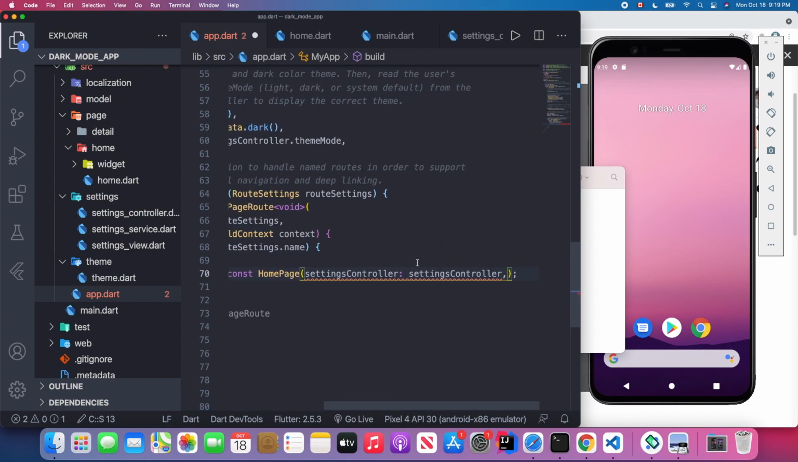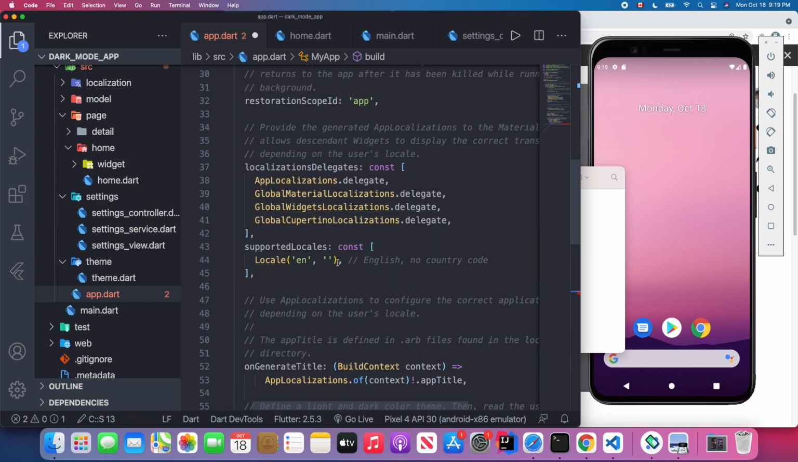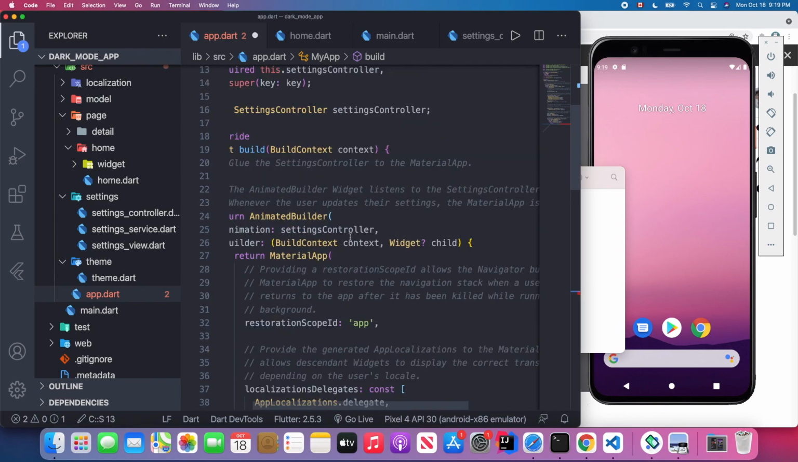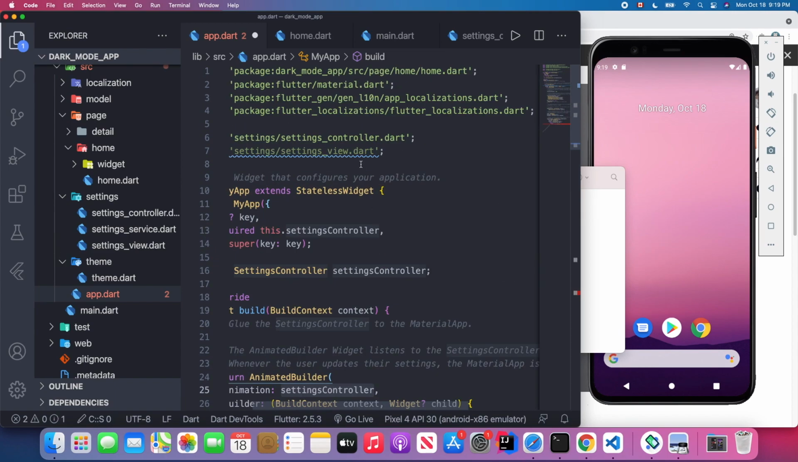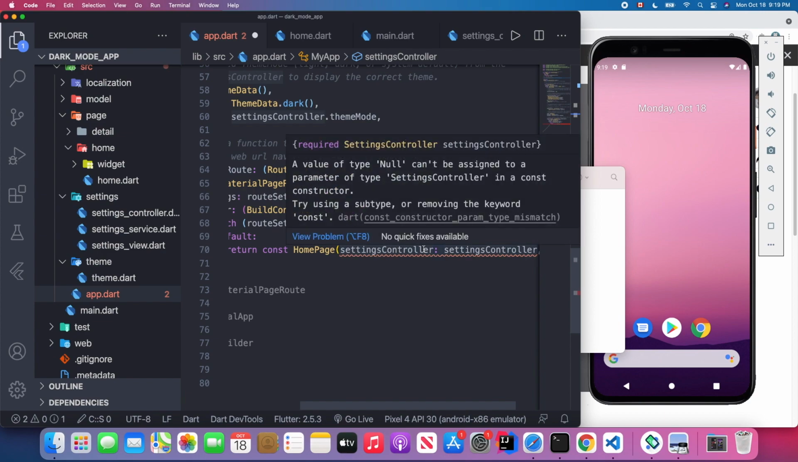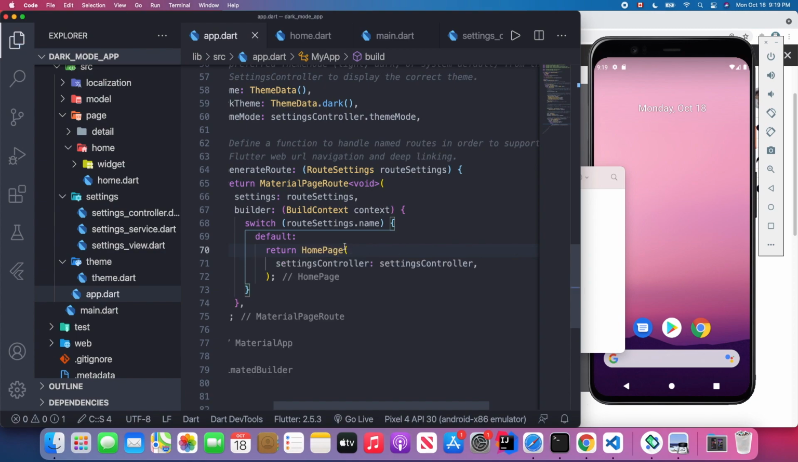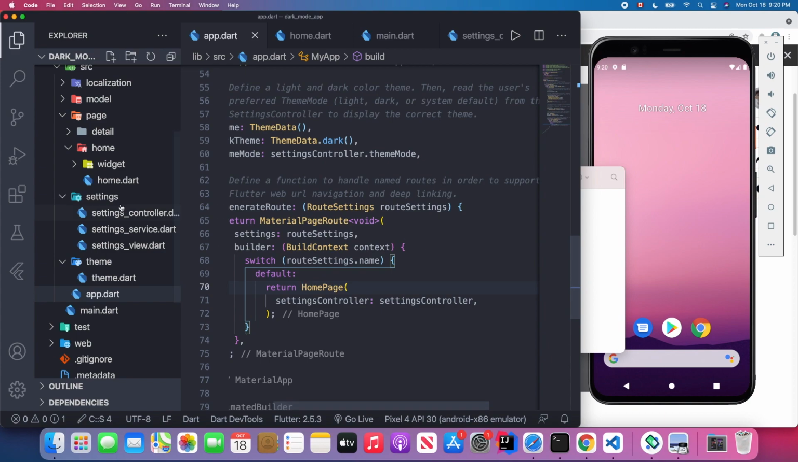I'm going to use the setting controller here, right? Let's see. Yes, the setting controller. I'm going to use it. Cannot be assigned. Okay, constant. Remove this constant. Okay, and let's save. I think, and then we can